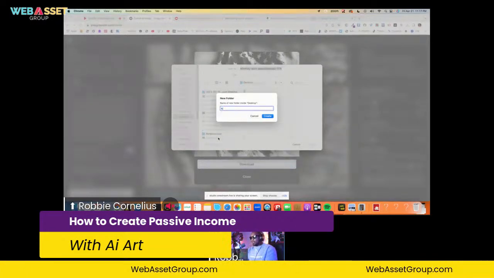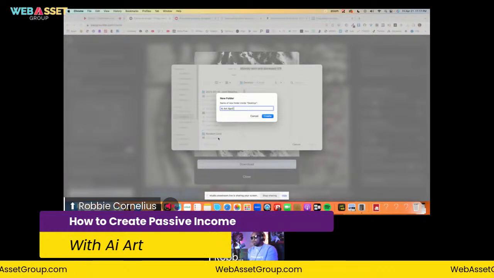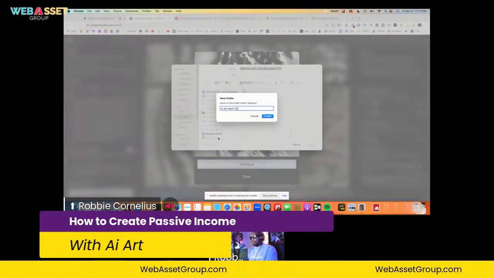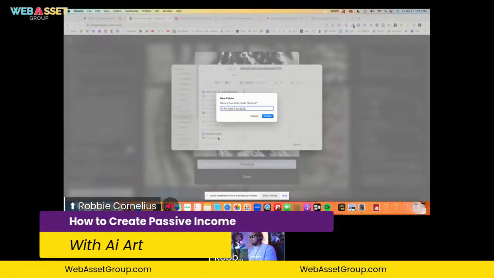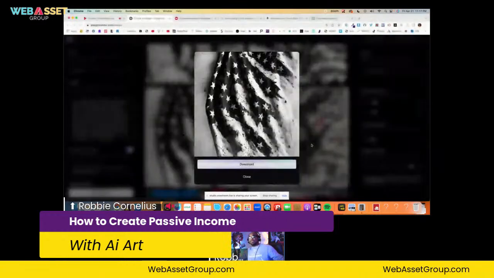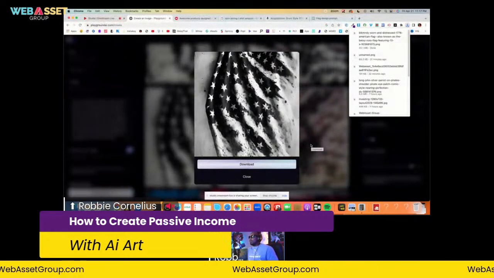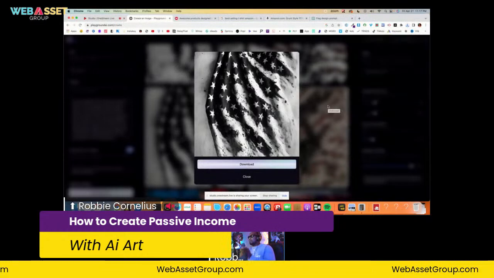I'm just gonna name this folder AI art, and I'm gonna call it April 21st, 2023. I'm buying land and all kind of stuff with the money I'm making from online. You really gonna sit here and let me buy all of this land? I'm about to own North Georgia very soon if I buy more and more property.